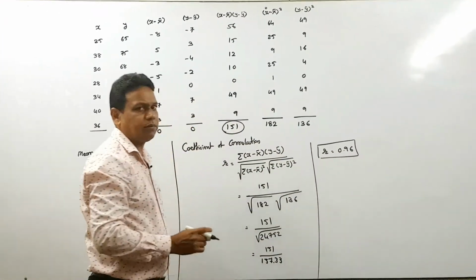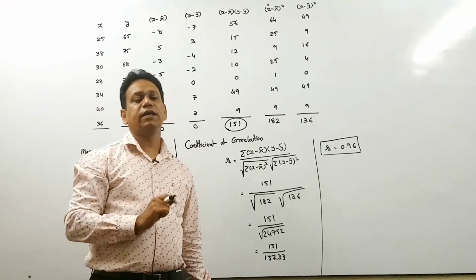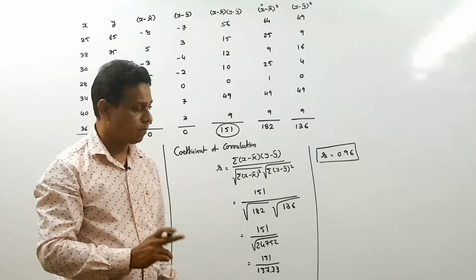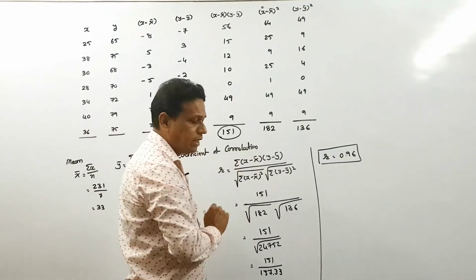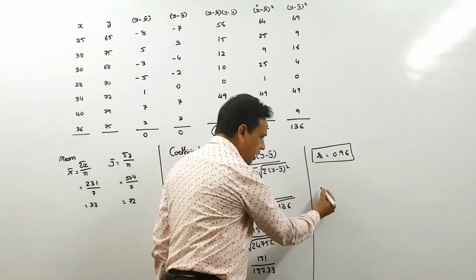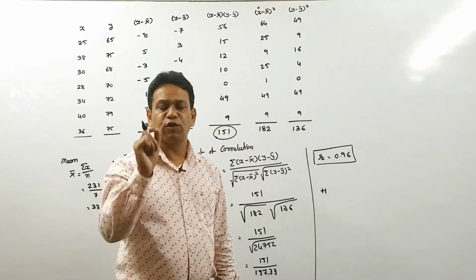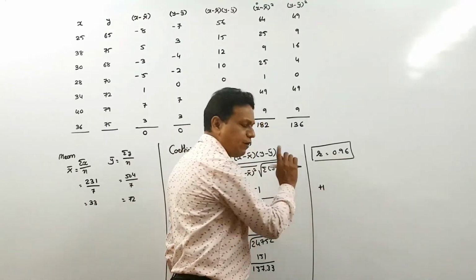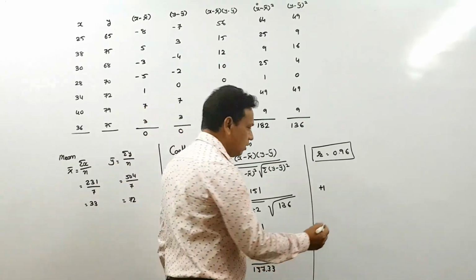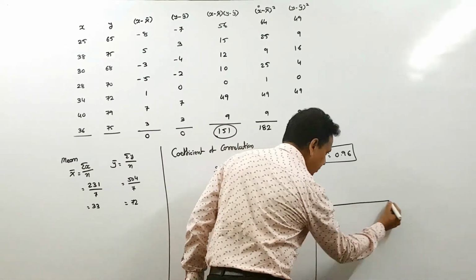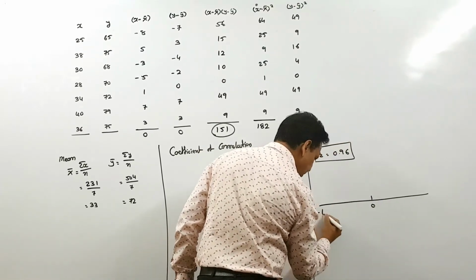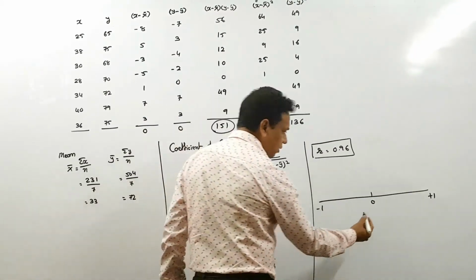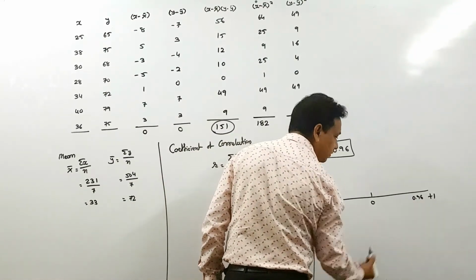After getting our answer, it must be compared with your mind. हमने क्या बोला था? Correlation coefficient is always lie between -1 to +1. बराबर, ये हो गया। अब देखते हैं, आपका आंसर पॉजिटिव दिख रहा है, अगर +1 आता है हम क्या बोलते हैं, there is a perfect positive correlation between the variables। आपका आंसर पॉजिटिव तो है लेकिन परफेक्ट नहीं है। आप सोचो, जैसे मैं लिखता हूं यहाँ पे ये 0 है, यहाँ पे -1 और यहाँ पे प्लस, इस तरह से आपका आंसर 1 के आसपास मतलब 0.96 है।